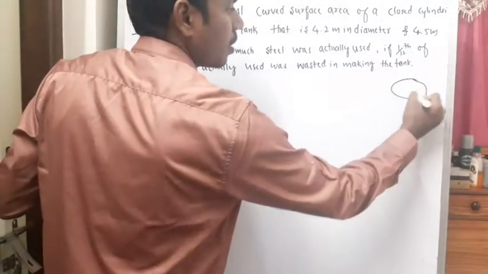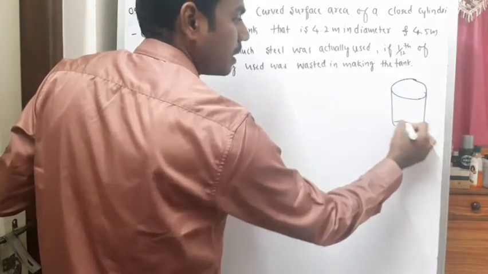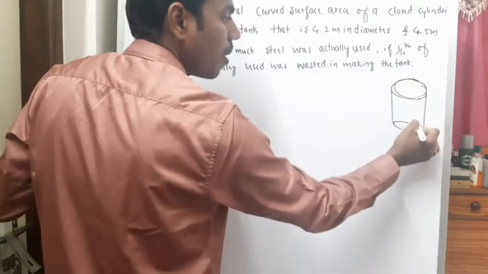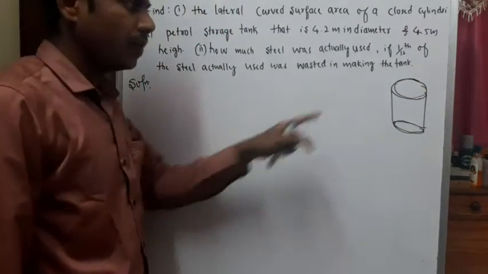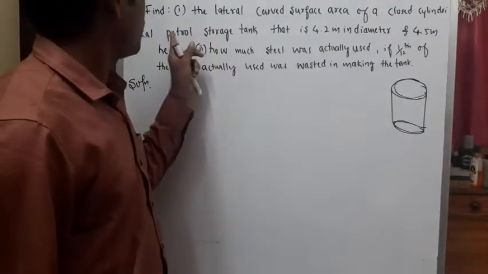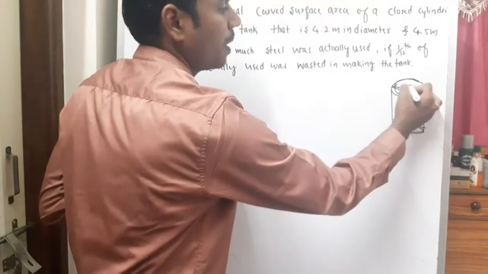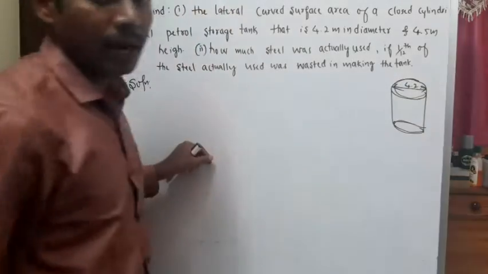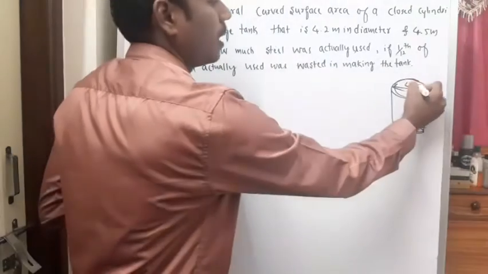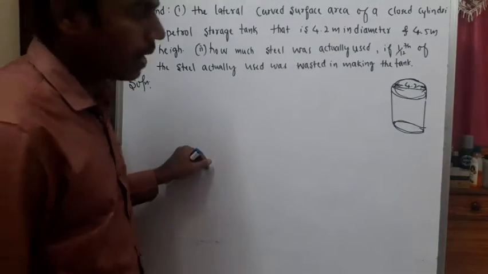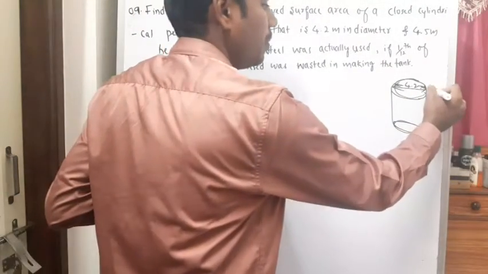So first we will look at the first problem. See, if it is a closed cylindrical tank, it will be closed from both the ends. The top and the bottom surface will be closed. So we'll talk about it later. First, what is given? It is 4.2 meter in diameter. So again, 4.2 is a multiple of 7. In pi we have 7 in the denominator, so we should retain it as it is. How will you retain it? I'll explain it to you.